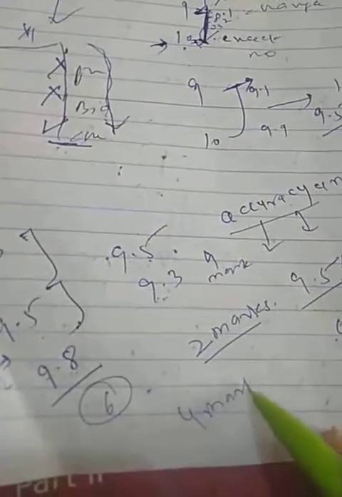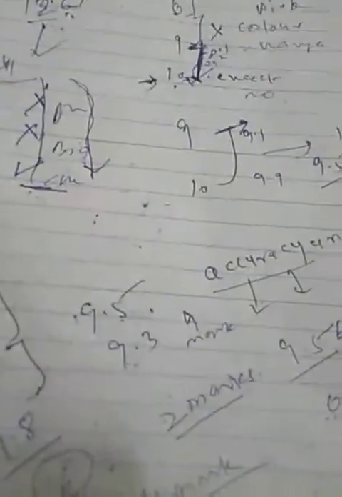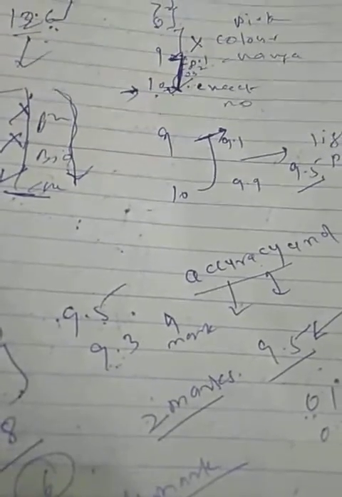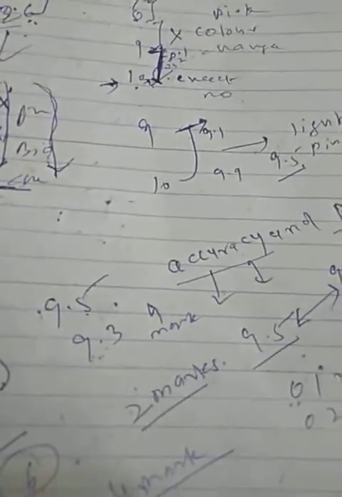So you will get only 6 marks. So while taking the reading, you have to be very careful that your end point should be very light pink. Okay, students. And what is the rule of precision? Precision means, as you know from physics chapter number 1, you have to take the other 2 readings also.